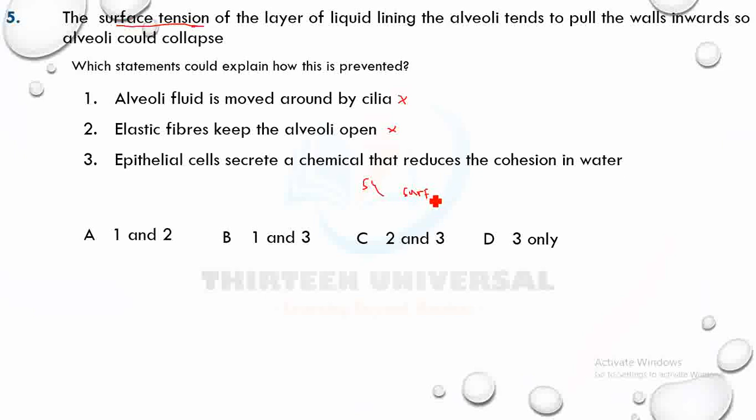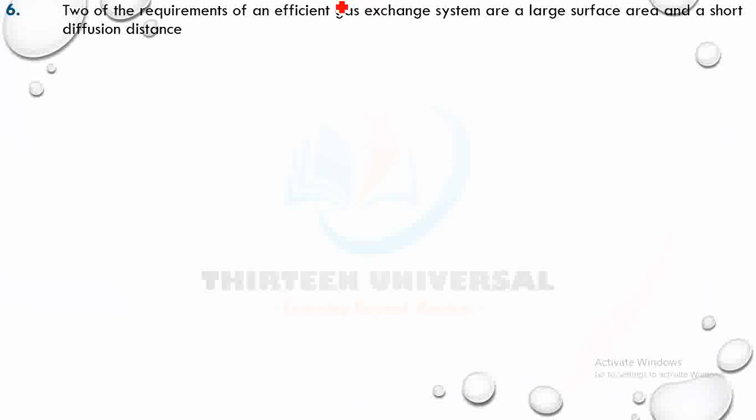Surfactant. Yep, surfactant. So it's only 3 that is correct. D. Let's run. 2 of the requirements of an efficient gas exchange system are large surface area and short diffusion